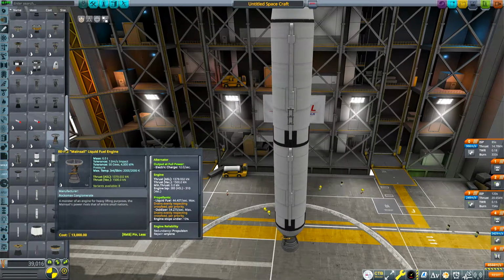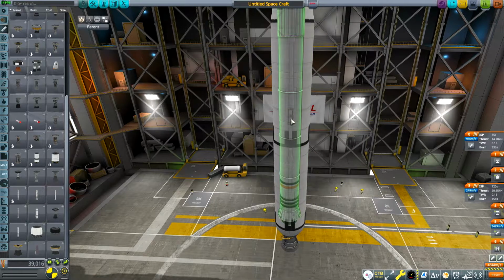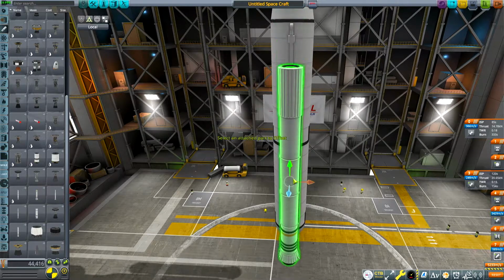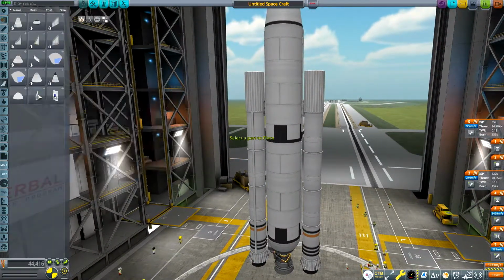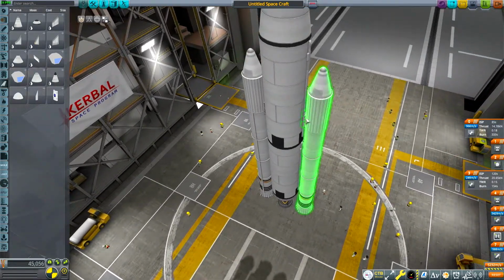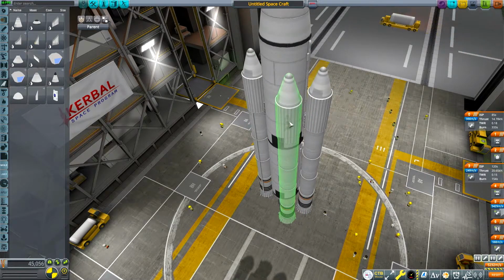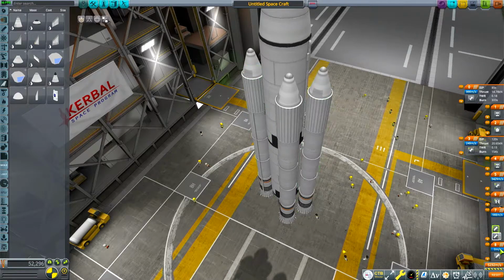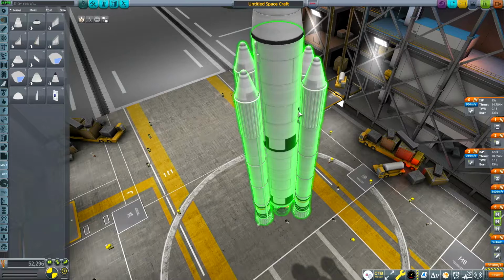And then we can grab some solid rocket boosters. Let's see, what do we want? We want the Kickback. Grab our Kickback solid rocket motor. And then we are going to be doing, again, something very similar to the Delta II that carried the rovers to Mars. So we'll have 2 pairs like that paired together,